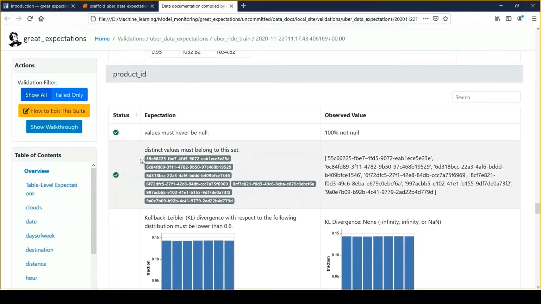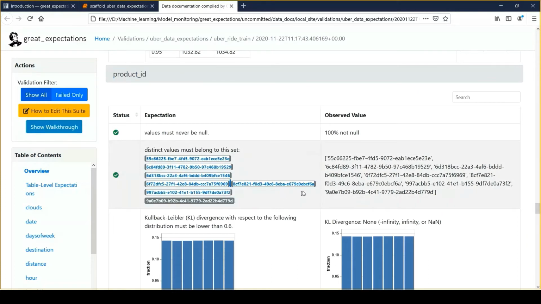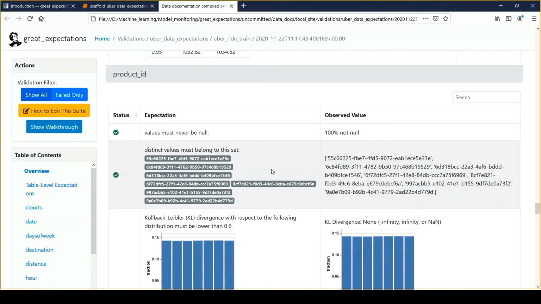Then we have different validations again for the product ID, and you can see that it has some product IDs which fall within this set. Depending upon your business requirement, if you find that product ID must be fixed, and we are not expecting any new product ID as a part of live traffic, then defining it as a distinct value set is correct.